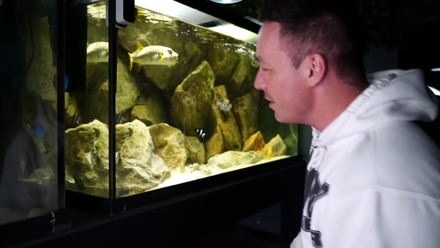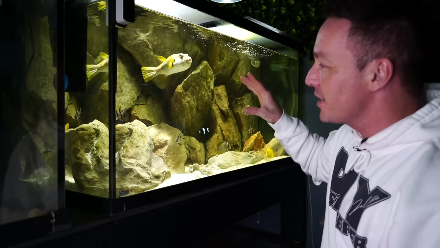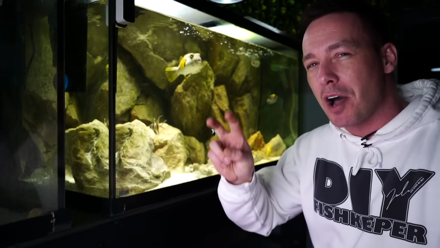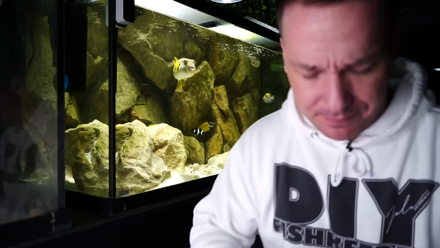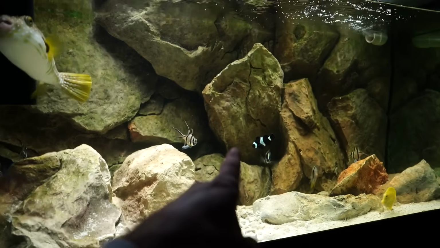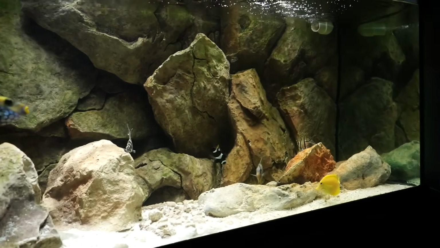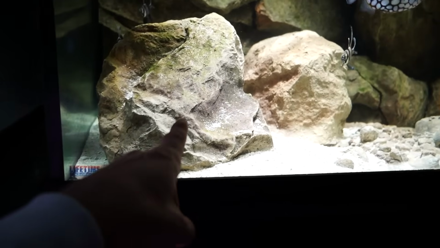Then I thought, you know, what if I take saltwater fish and put them in like a freshwater environment, you know, with a rock background and rock bottom. Let me show you what I did. This rock background used to be in with my Tropheus. We also have some rocks to match.